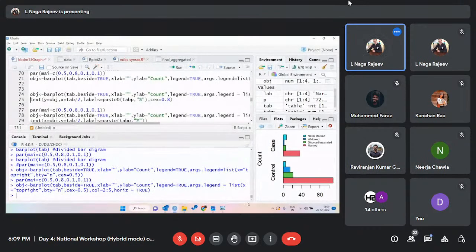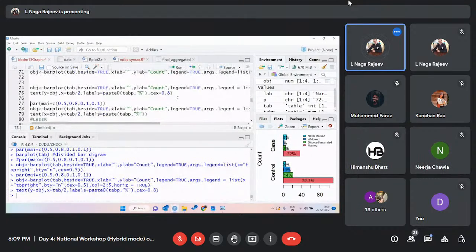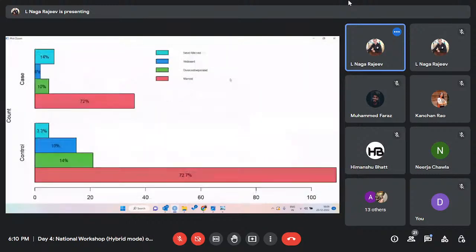Now I want some text in between these. I want to see the proportions or percentages of each marital status. So for that, I'm writing text y equal to object, the vector name, x equal to tab by 2, labels equal to paste the tab p in brackets, in quotations, proportion and the size. Now you can see,